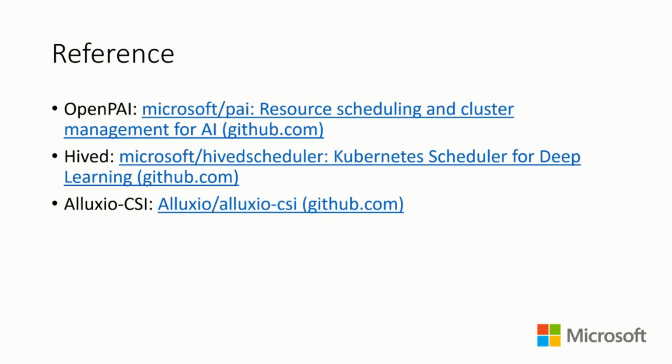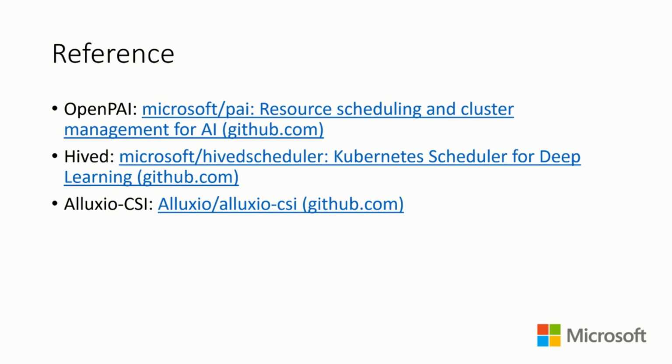Here are some resources which I mentioned in this presentation. Firstly is OpenPAI. OpenPAI is an AI training and inference platform, and we use it in Microsoft for training and inference jobs. It's an open source project. It's Kubernetes based, and if you have a Kubernetes cluster, or if you want to try using Kubernetes to run your AI workload, you can try this platform. You can access it from GitHub.